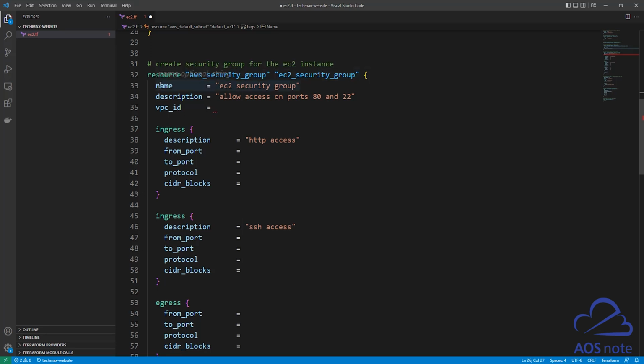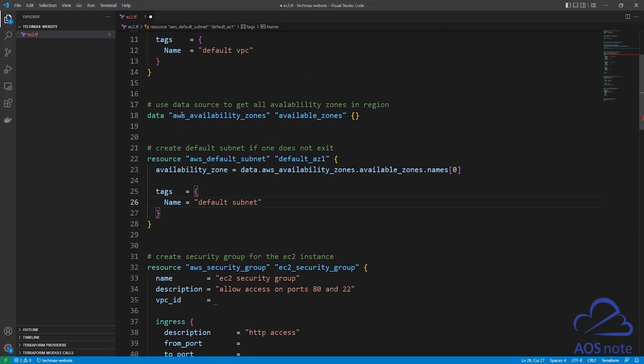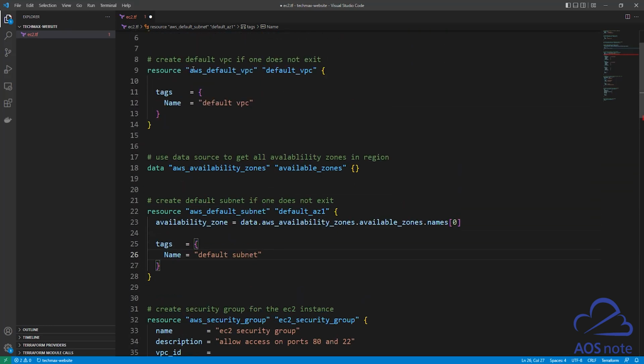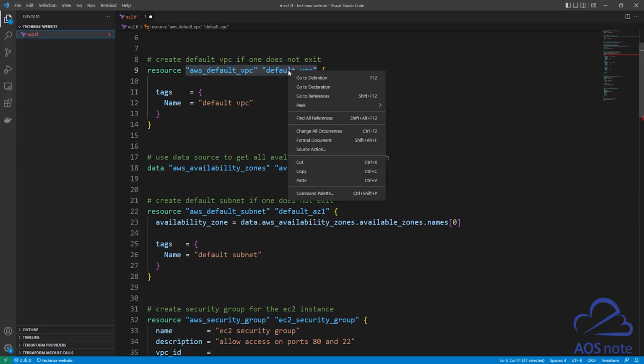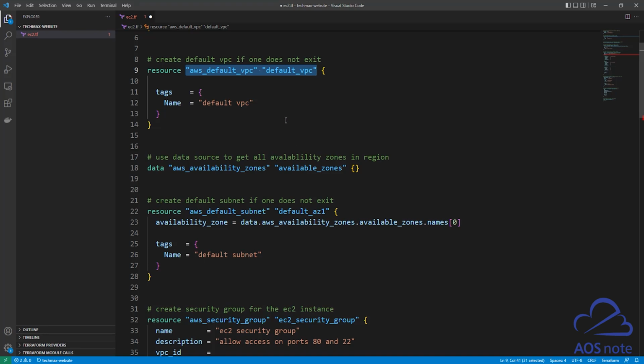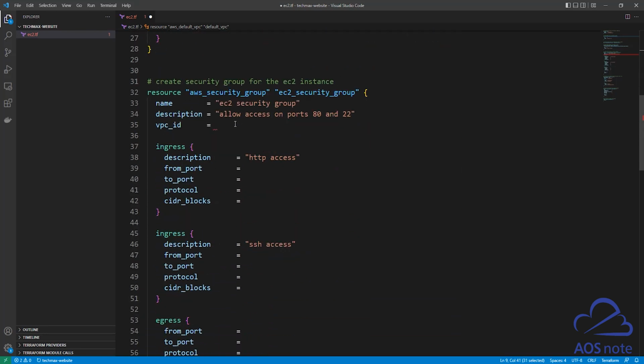The first argument we will enter is the name for our security group, and I've given it a name here. The second argument is the description, and I've entered the description here. The third argument we will enter is the VPC ID, and this is the ID of the VPC we want to create this security group in. Remember, we created our VPC up here. So what we have to do is copy the resource type and the reference name. Once you copy it, come back down, paste it here,